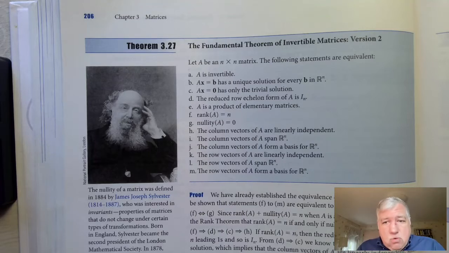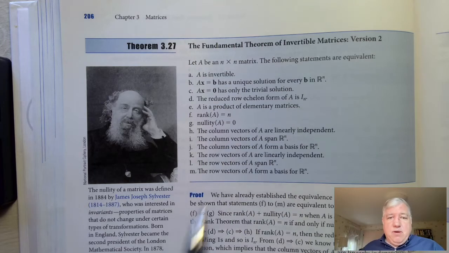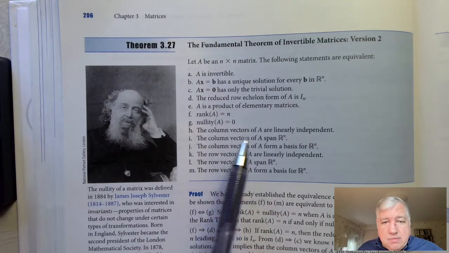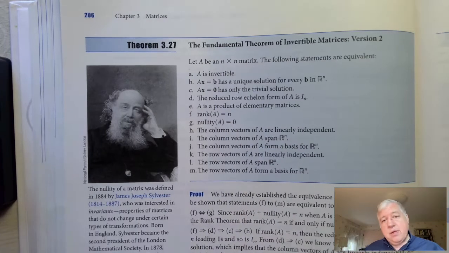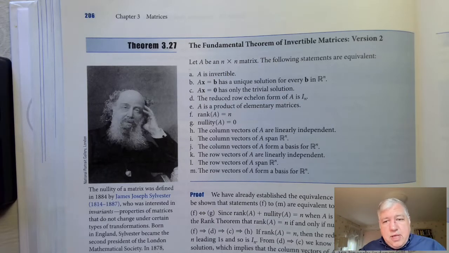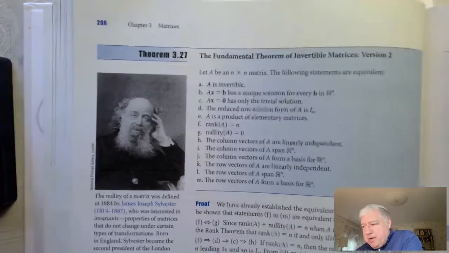Now we are going to add quite a bit more properties to this list. You'll see that these involve rank, nullity, and the column spaces and row spaces, and it seems like quite a bit, but we're going to try to outline the proof of this using diagrams, and try to make it accessible. You'll notice that I didn't make a special set of notes ahead of time for this, so I want you to take notes as you follow along. All right, so